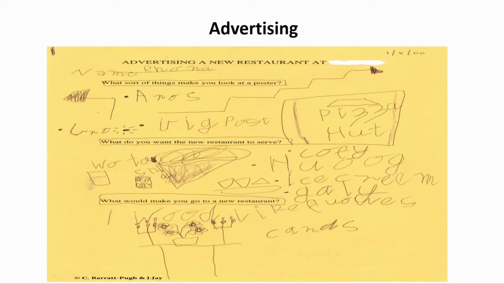Caroline would come every week, and each week her provocation would take us in a different direction. She talked to the children about advertising. If you're going to set up a cafe, you have to advertise or nobody will come. So she would come with these tasks for us to complete, and they were always literacy based. There's a little sample of it there.